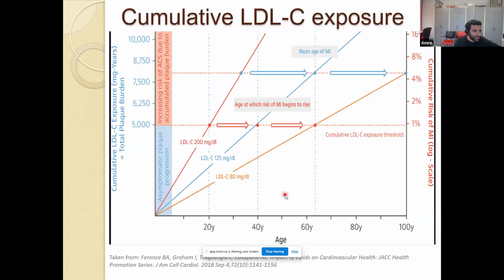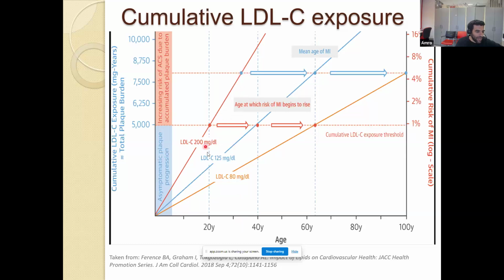And on the converse, if I've got higher LDL cholesterol, so if 200, which is equivalent to around 5 millimoles per liter, which is typical of someone with, say, heterozygous familial hypercholesterolemia, because you're born with high LDL cholesterol, you are not at 40, you've pushed that forward. You reach your 5,000 milligram per deciliter cumulative exposure risk by the time you're 20. So from the age of 20, you're already at risk of developing atherosclerotic cardiovascular disease, and you're already at risk of having an MI, such that the average age of a myocardial infarction may be 35, which is obviously a